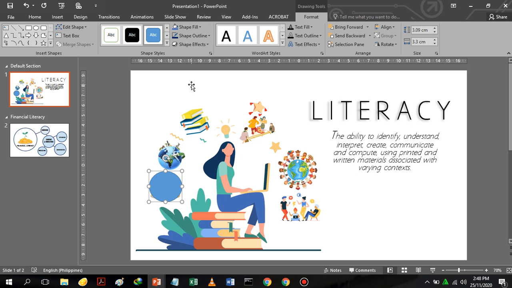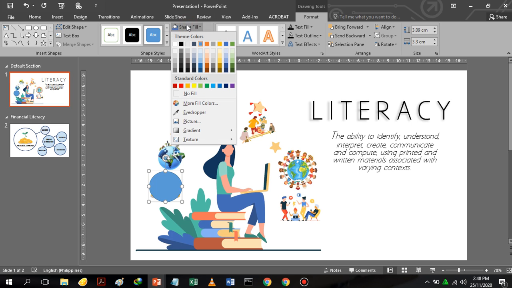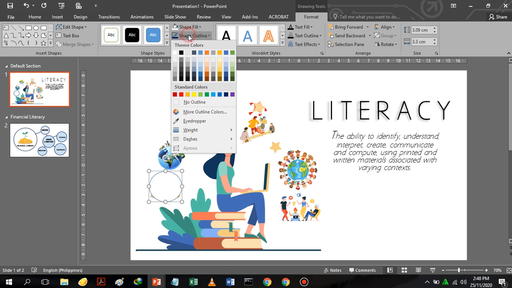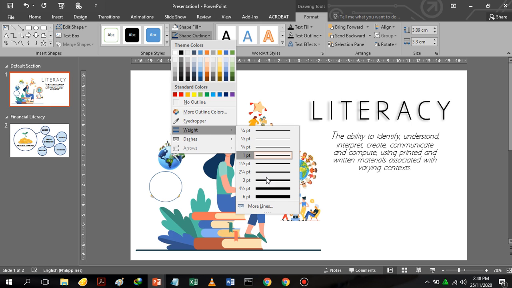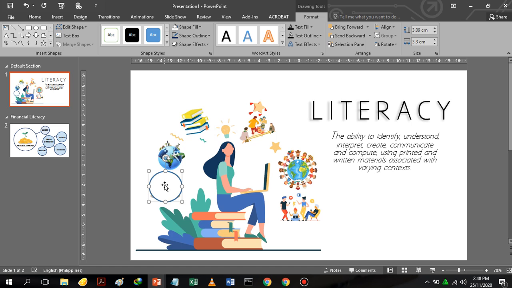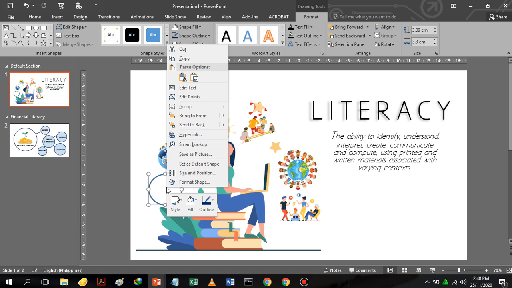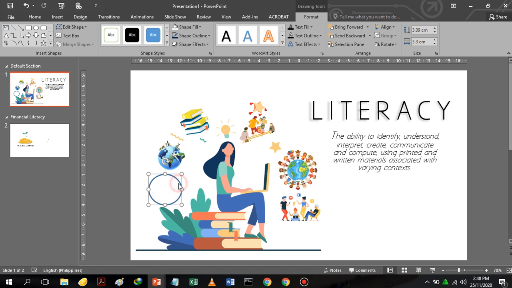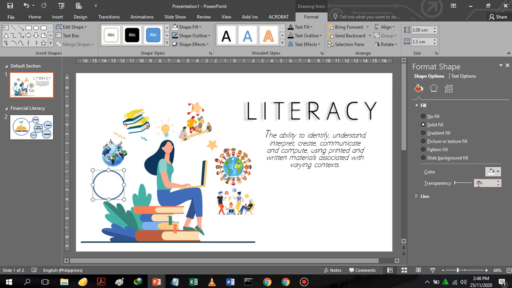To uncover the first icon, we're going to shape fill, then the color should be white, and then the shape outline weight must be 3. Then we are going to right click here, and then format shape, and then set the transparency to 85%.